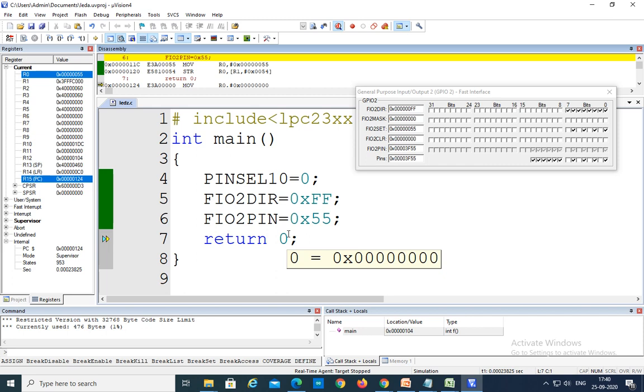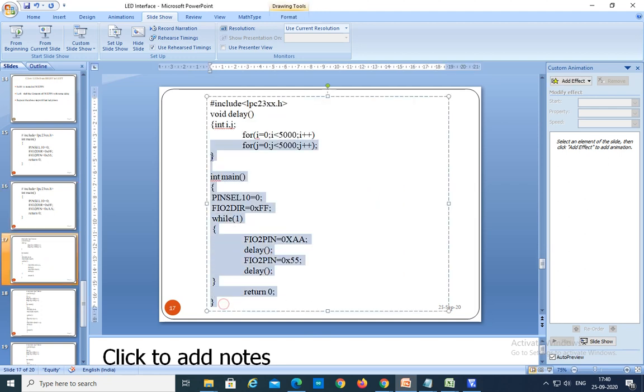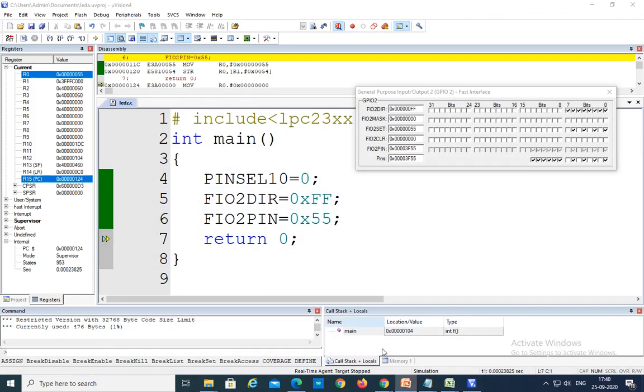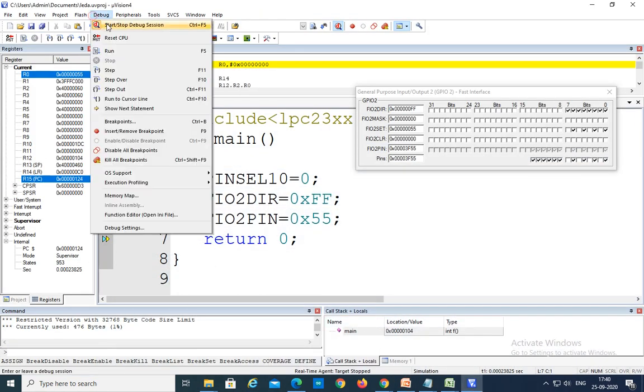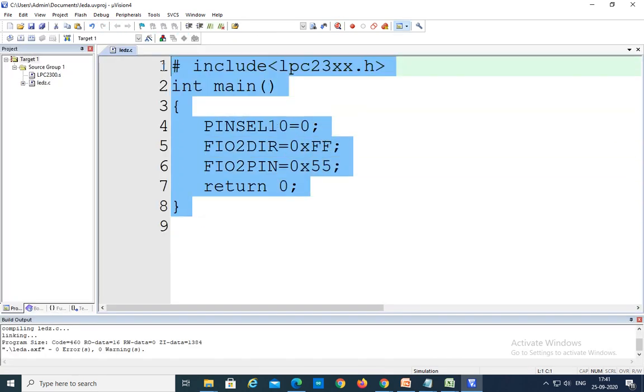So now what I want to do is alternately even LEDs on and odd LEDs on, even LEDs on, odd LEDs on, like that alternately it should happen. So for that, how do we have to write here? We have to take the delay function, because after even LEDs are on, we are providing some delay. After that, we are going to change to odd LEDs on. After that, we are providing some delay again. After that, we are activating the even LEDs. So like that. So this is the program here.